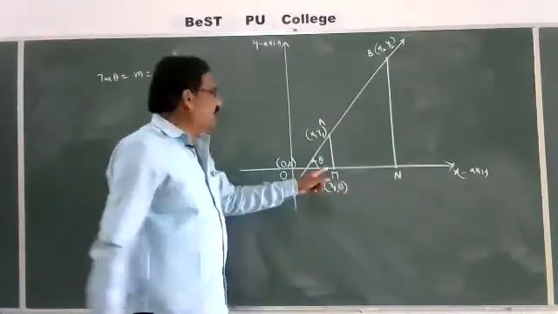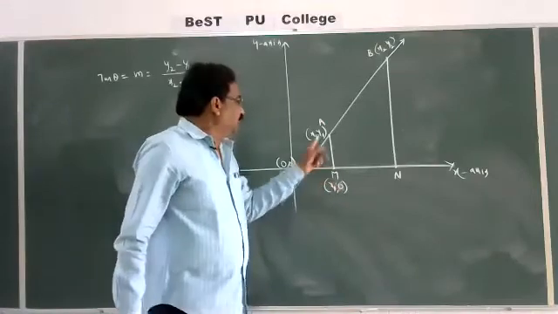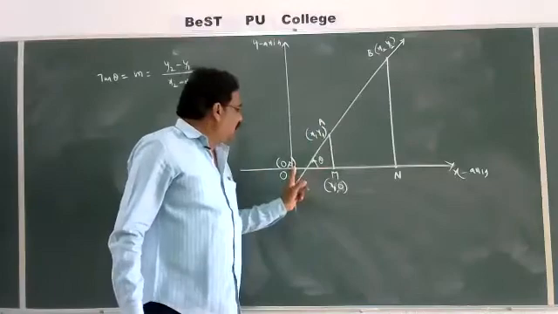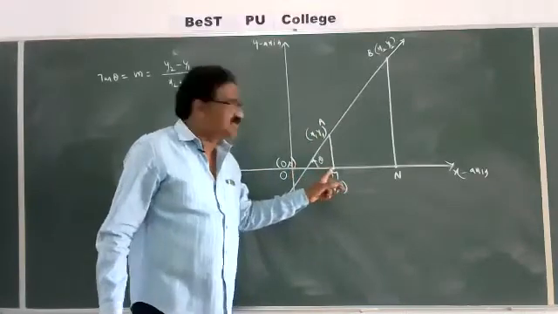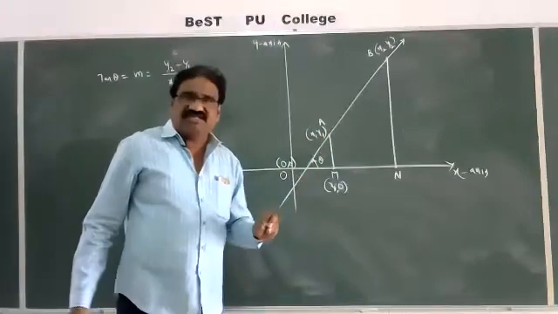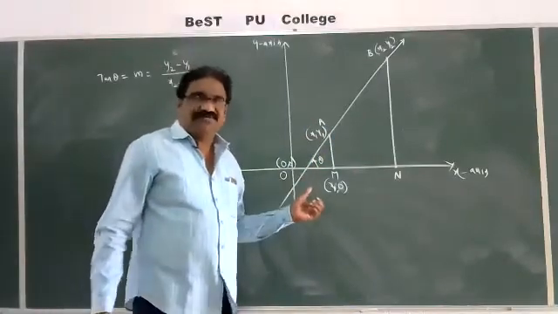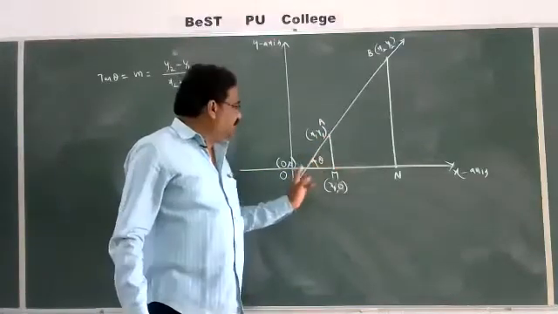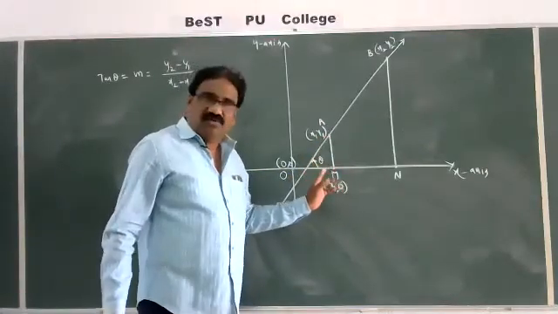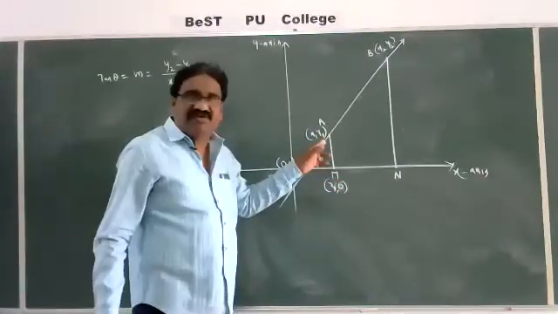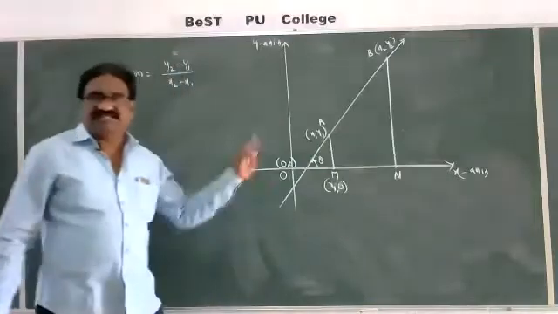M coordinates are x1 comma 0. You know the graph. Here x1 comma y1 means on x-axis x1 units, on y-axis y1 units. By using that concept, we can draw the graph. To identify the point x1, y1, on the x-axis you go x1 units, on the y-axis you go y1 units, then identify the point, that is x1, y1.